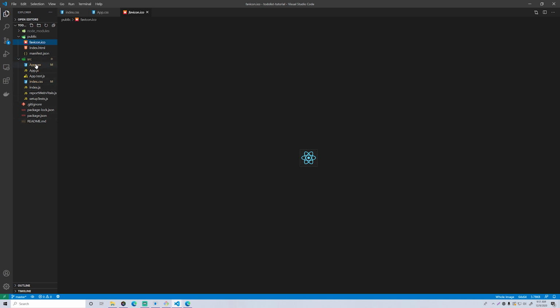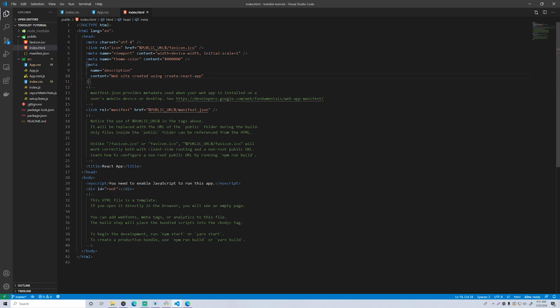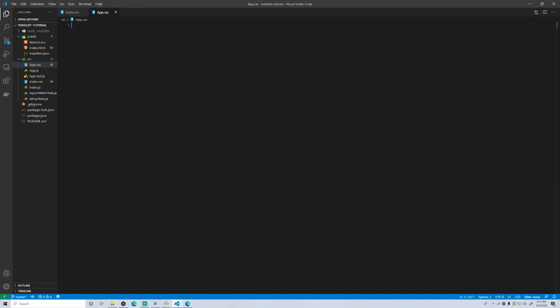Okay, cool. So let's check out our index.html. I don't think we need to change this, do we? Pretty sure we can leave this how it is. Oh yeah, we need to get rid of that because we deleted the file for that one. Okay, I think that's all we need for that. We can leave that. And so the first thing we want to do is actually install Tailwind CSS.